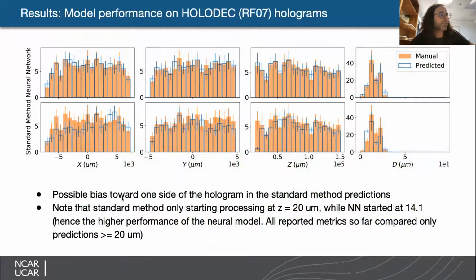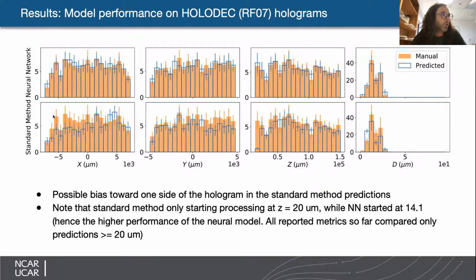And this last histogram here really just shows you potentially where things are going wrong. I want to note that the neural net has pretty much flat performance across X, Y, and even Z, right? It does about as well when the particle is close to the detector as when it's farther away. Now, if you look carefully at the standard method, it almost looks like there's a little bit